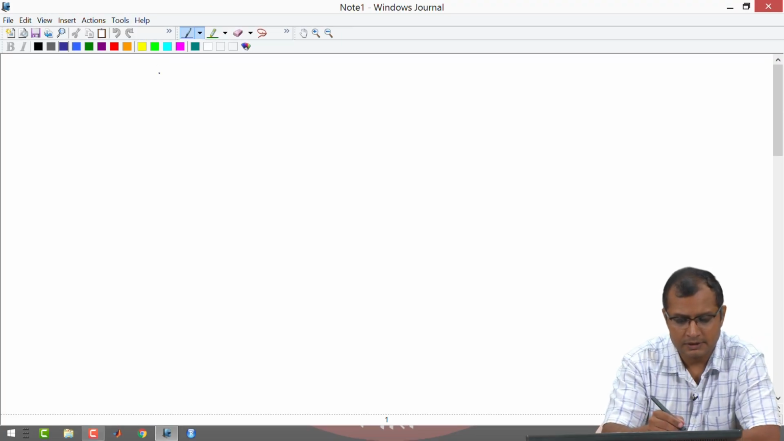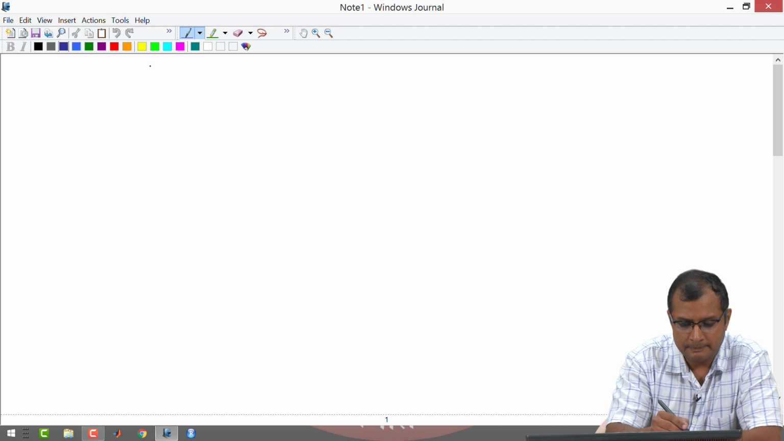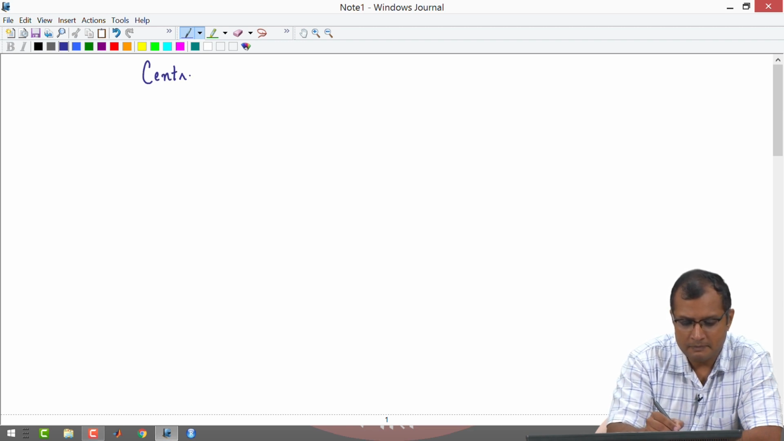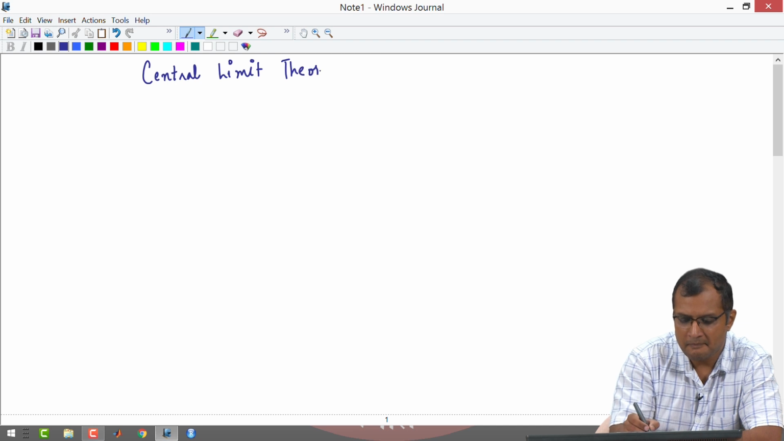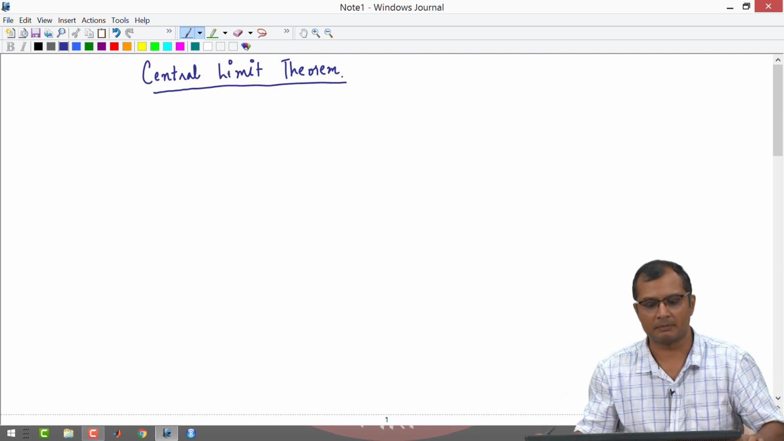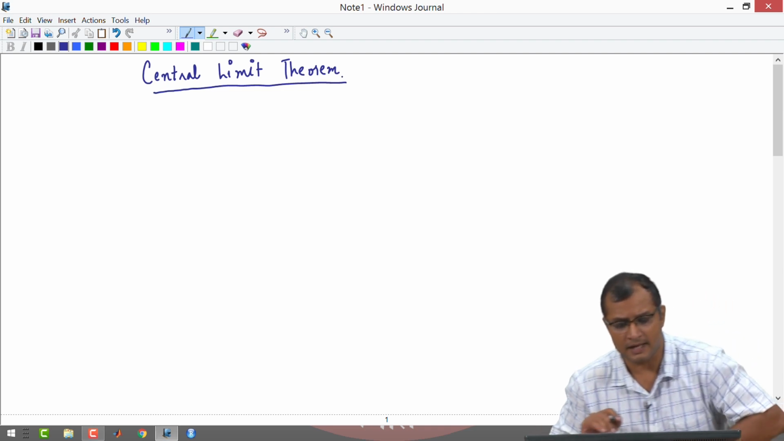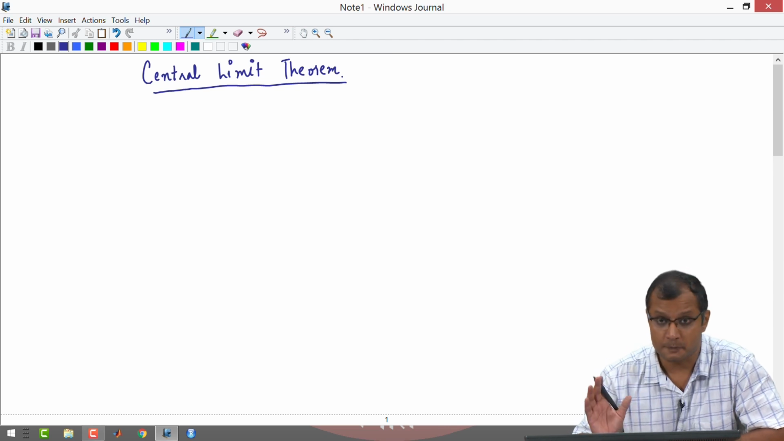discussion on central limit theorem. This is the agenda of today's lecture. A very important theorem in statistical mechanics. It has applications that are widespread. Now,